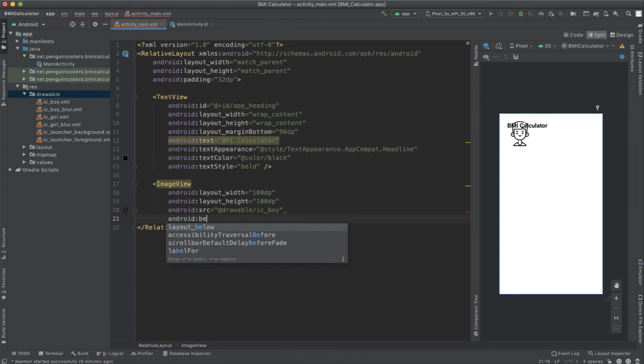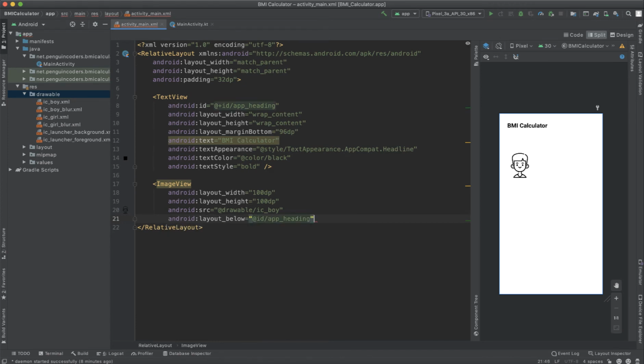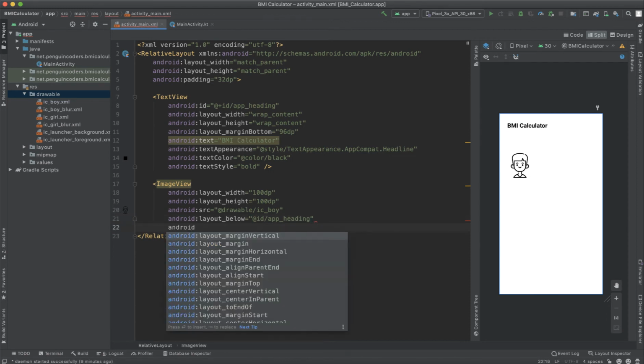So it should be below our app heading, and you can see due to the margin of 96 dp these are separated quite below. Then I will add my Android ID.